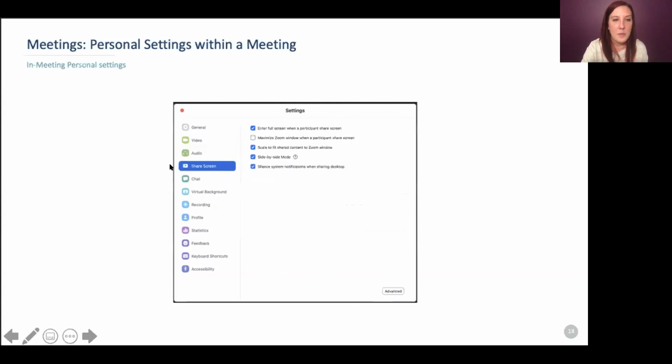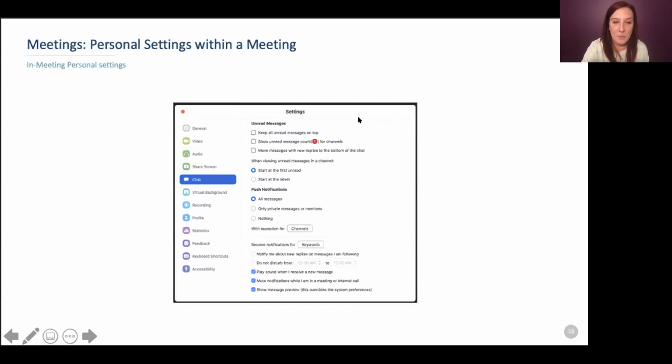And then you can also look at your screen sharing settings. So your screen sharing settings has a couple of different features here, but we're going to get into more of the nitty-gritty of that when we get to screen sharing. You also have settings for chat. So you can prioritize your unread messages, you can change notification settings, you can play sounds,